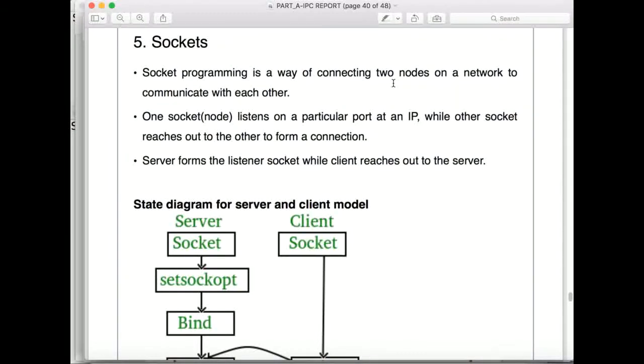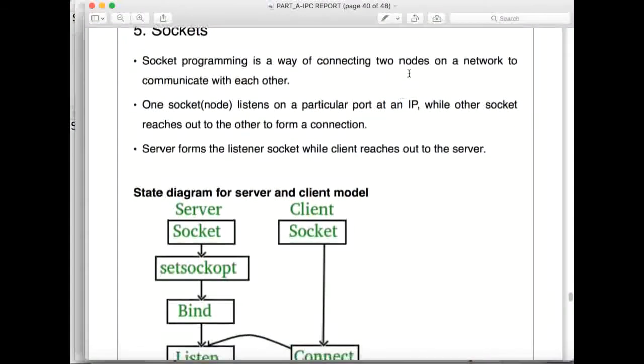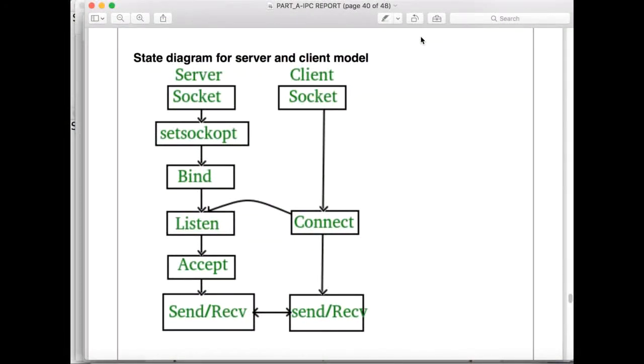If you look at a basic client server model of socket communication, it looks like this. On the left hand side, we have server. On the right hand side, we have a client. There are different stages through which a server program goes through, and similarly the client. The server, before it actually starts broadcasting or starts telling the world that, look, I am ready to listen to the incoming request, it must create a socket. Socket is a basic building block of this communication. So using a system call socket, it creates a new socket,